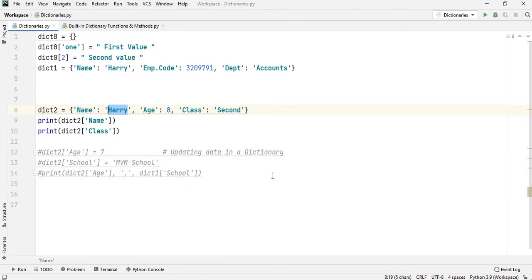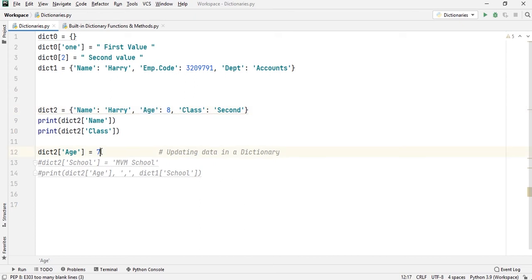Now, let me show you how to update a key value pair inside a dictionary. So, here you can see that I have already written certain codes for you. The first one is, I am trying to change the value associated with the age key to 7. It has age key as the value 8.